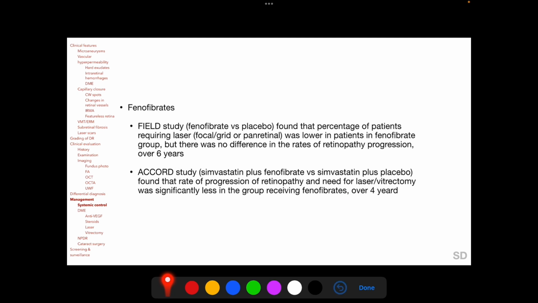The anti-lipid drug fenofibrate has been found to be beneficial in patients with diabetic retinopathy. The FIELD study found that in patients receiving fenofibrate, the requirement for laser, either focal or grid or panretinal, was lower as compared to patients receiving placebo, and the ACCORD study found that patients receiving fenofibrate plus simvastatin had a lower rate of progression of retinopathy and a lower need for laser or vitrectomy as compared to patients receiving